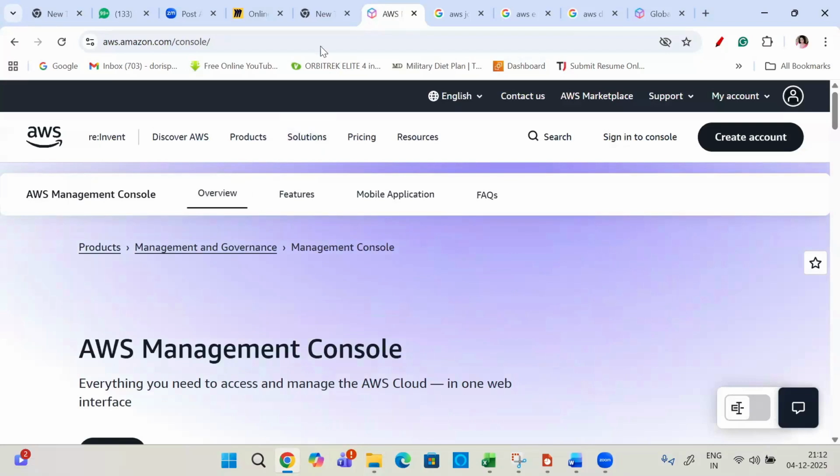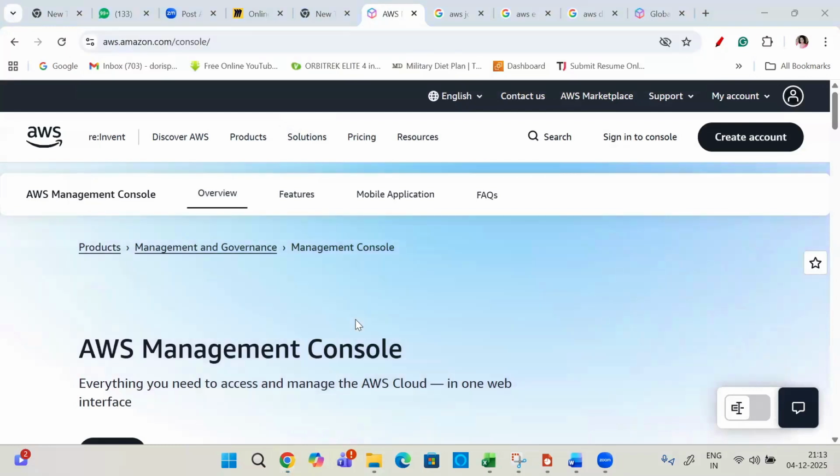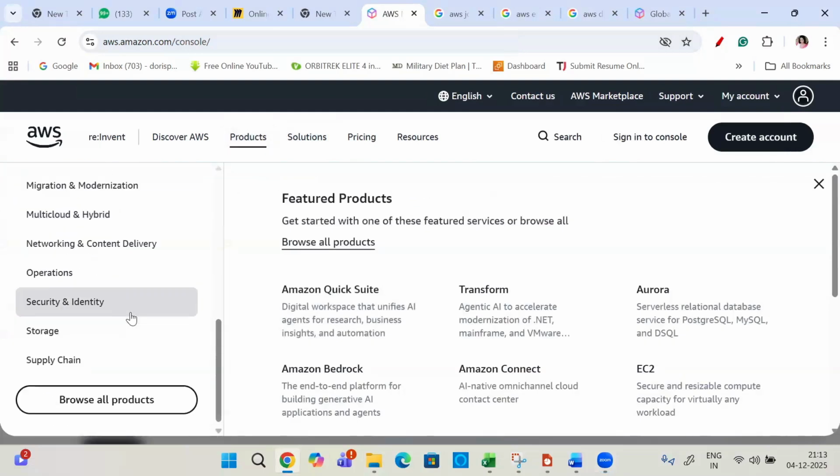Now, if you see, this is my AWS console. You can just have a look. I'll be sharing the link. I hope all are getting it. So this is the link. I have shared it in the chat. If you see this link, this is the actual link where you'll be looking. You can go here and check out the products, what the services available on AWS are.